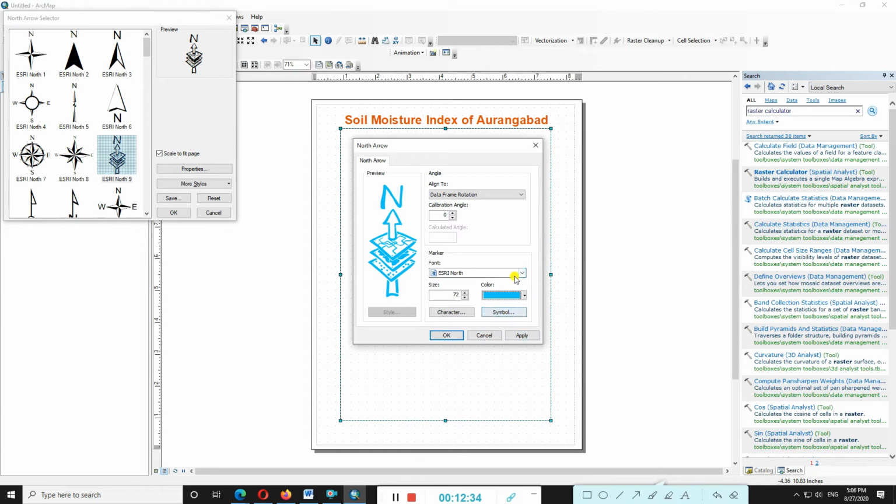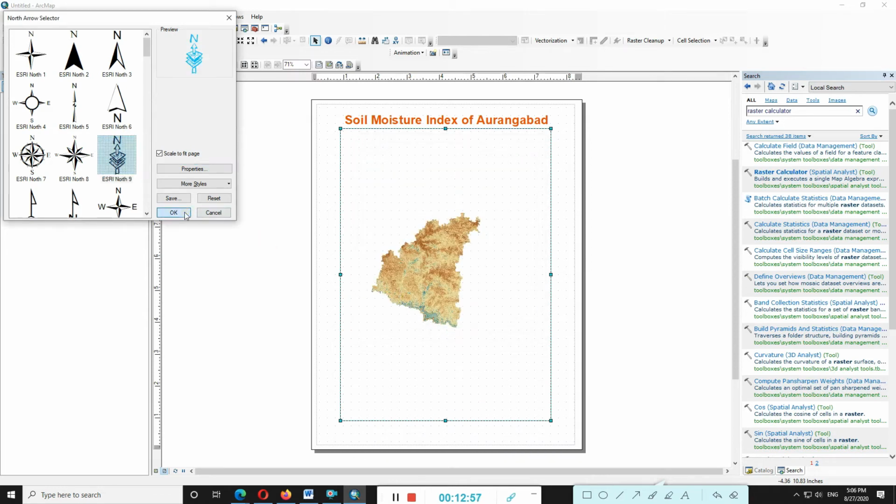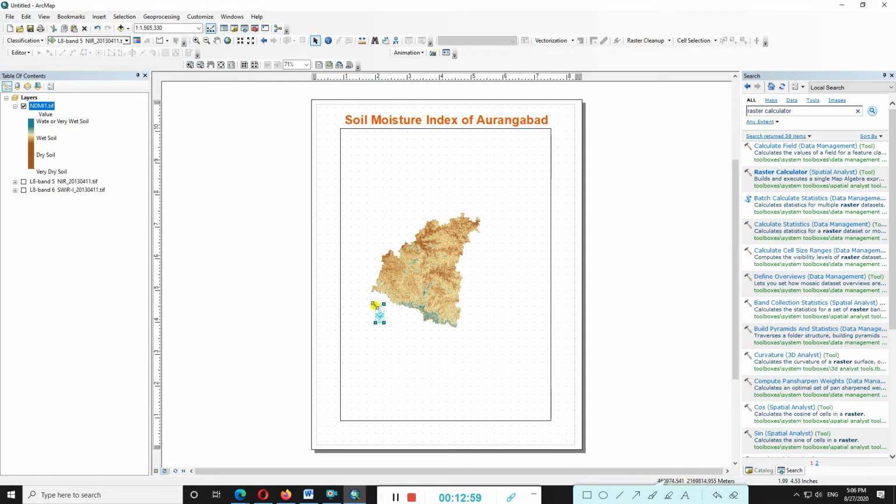Just click on that. There are a number of options, this 3 north and other functions are available, but I am not going with that. Okay, apply. Click on that. Okay, you can look here, the navigation arrow is coming. Just putting it here.